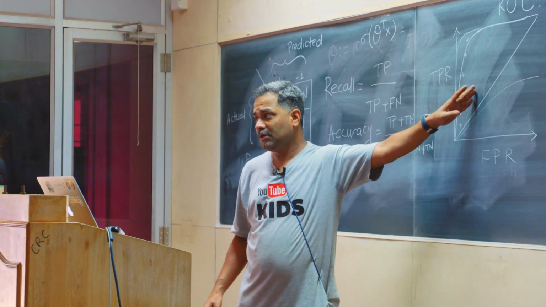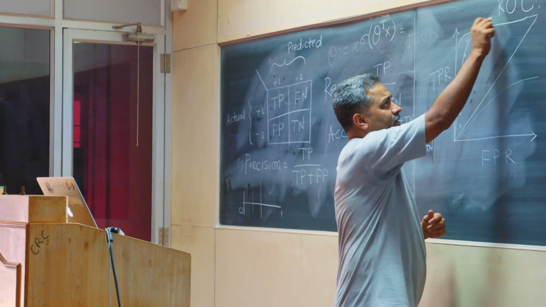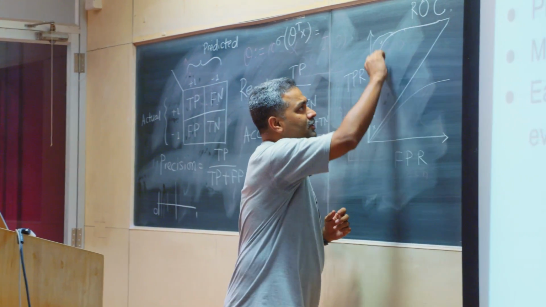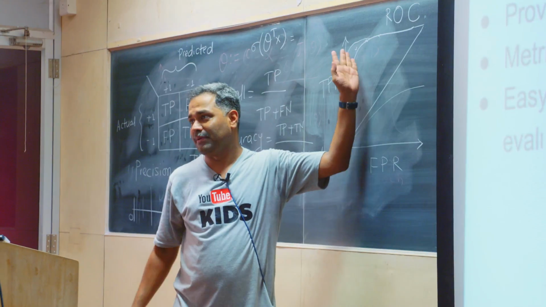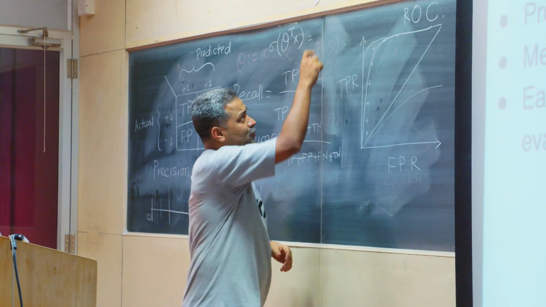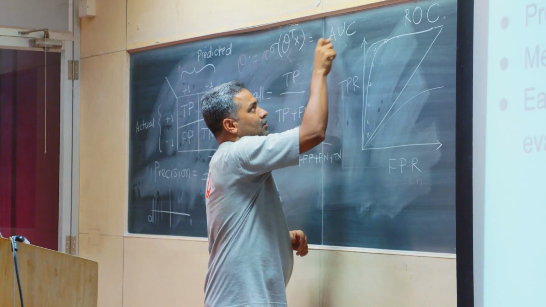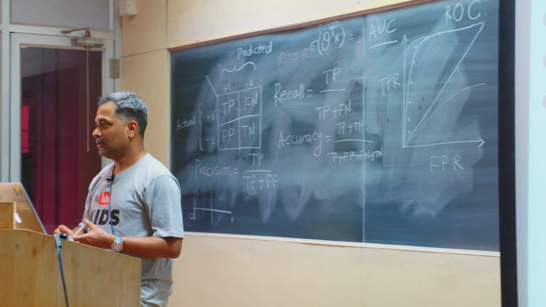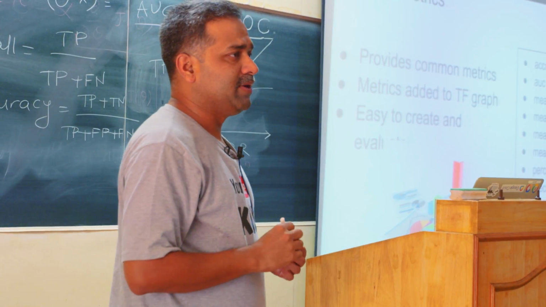Clear? ROC? And then we calculate what is called the area under the curve. So imagine this is your graph. We find out what is the maximum area under the curve. That is called the AUC measure for us, area under the curve, right? And the ideal one is an AUC of 1.